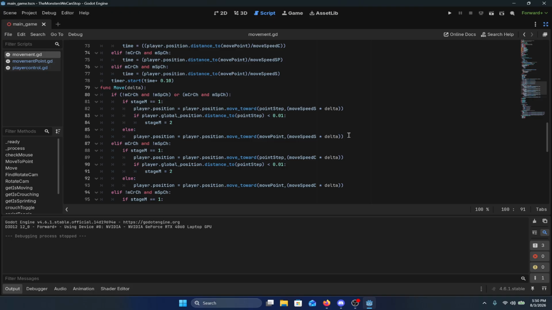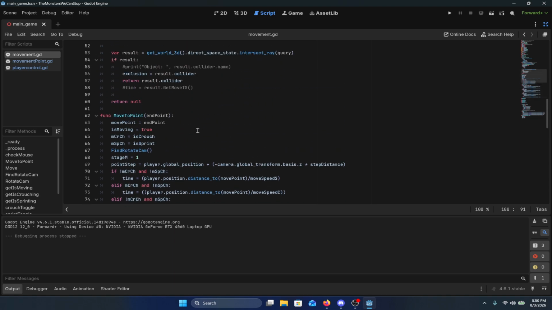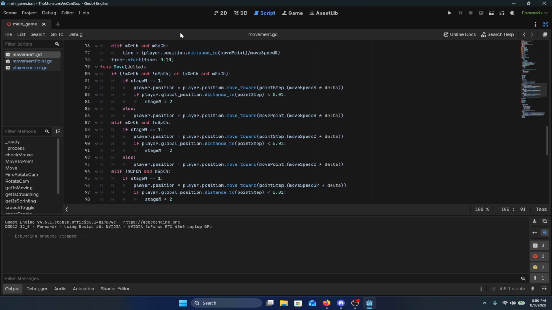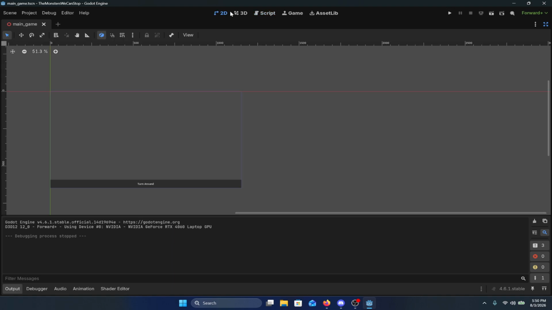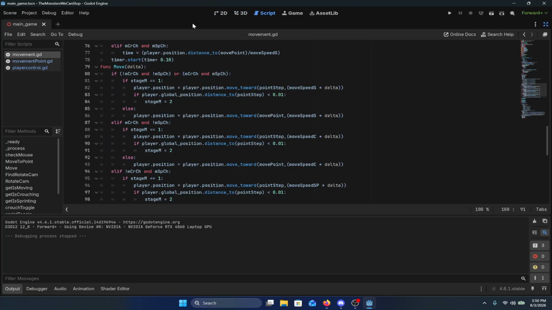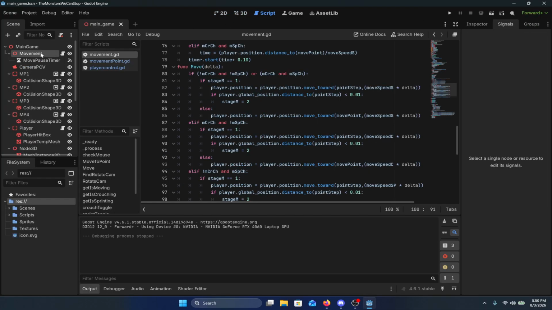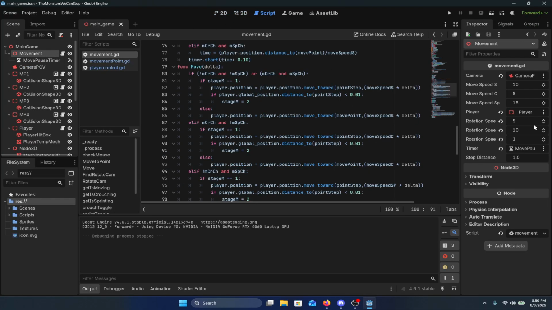It is better than it was before since I'm no longer clipping into things as I'm moving around, which is good. I think, however, I can play around with this. If I go to movement, inspector, step distance, if I do this as this,